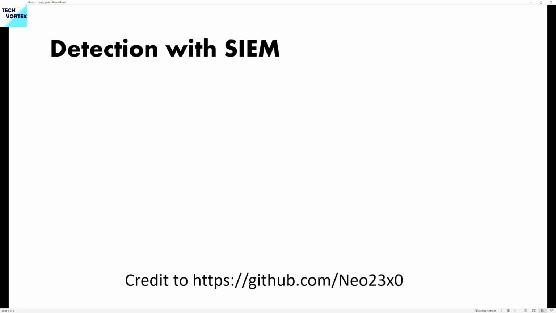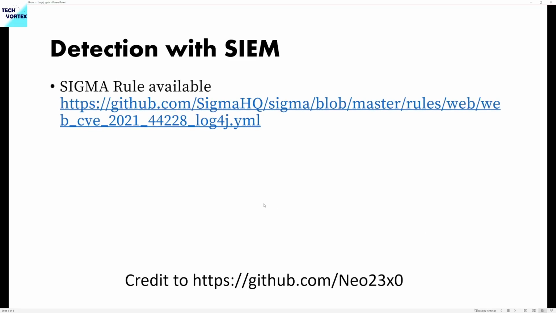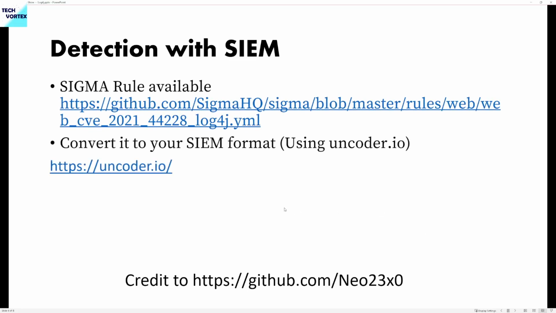So having a SIEM solution may help you, because a SIEM solution is basically aggregating all logs from your environment, and with the expert teams that are running the SIEM solution, you can have a Sigma rule converted to any kind of SIEM solution you are using. To make things more clear to you,